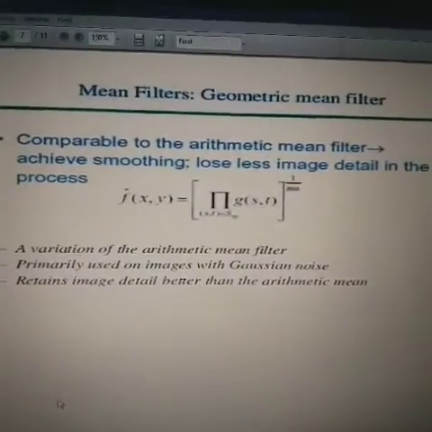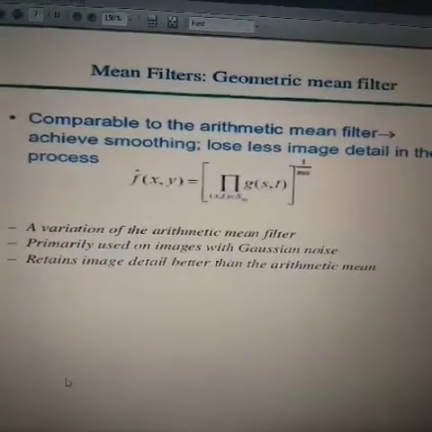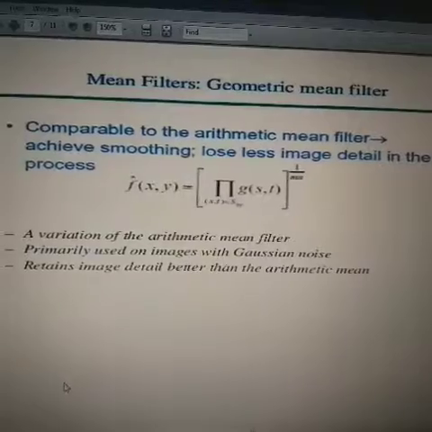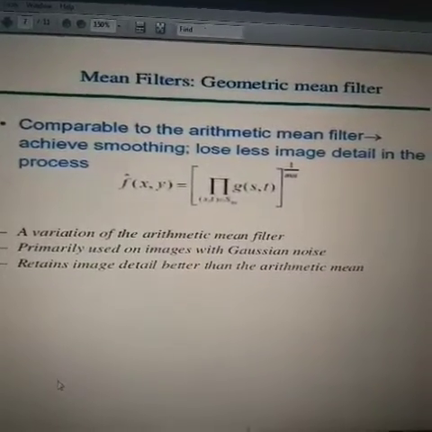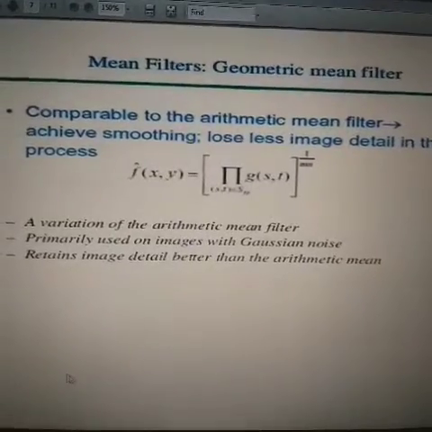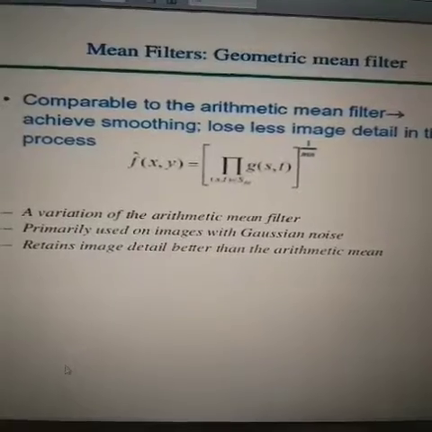The next one after the arithmetic mean filter is the geometric mean filter. As compared to the arithmetic mean filter, it may achieve the smoothing but loses less image detail in the process. So we can say that it is more appropriate as compared to the arithmetic mean filter.